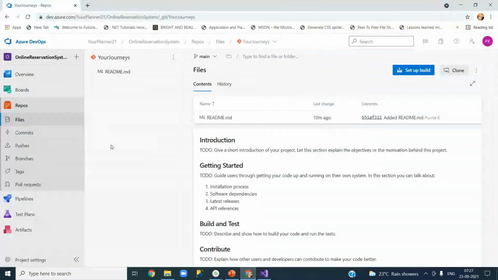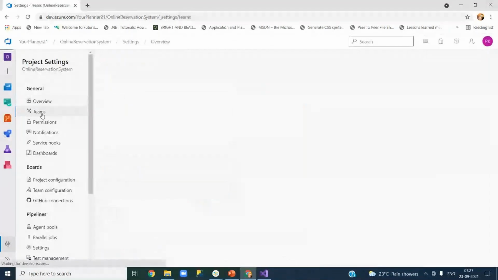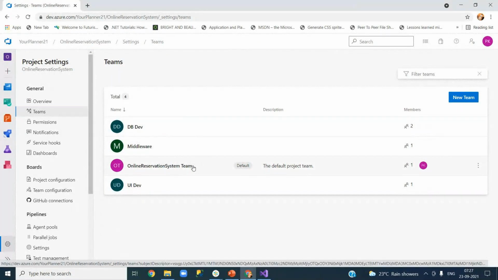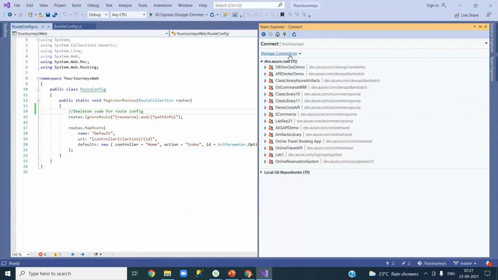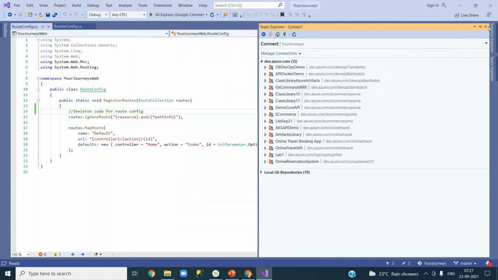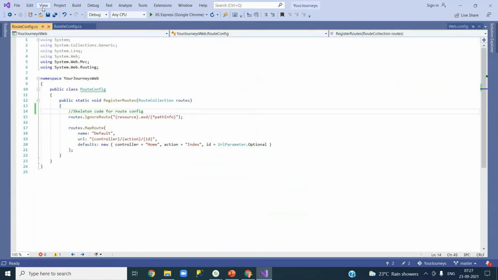So this is where you go to project settings. If the person does not belong to any one of the teams, then he will not be able to access your Azure Repos basically. So let's go ahead and push it. Here also, as I said, you can go and manage and then add it. It can be added, but this is not the easiest way. The easiest way is, whenever you come to Team Explorer,